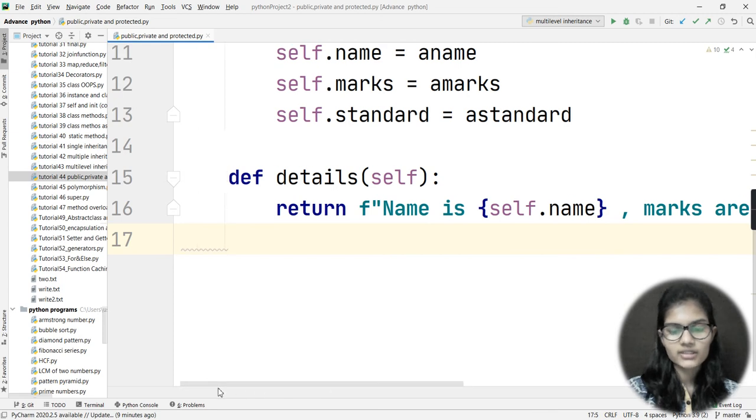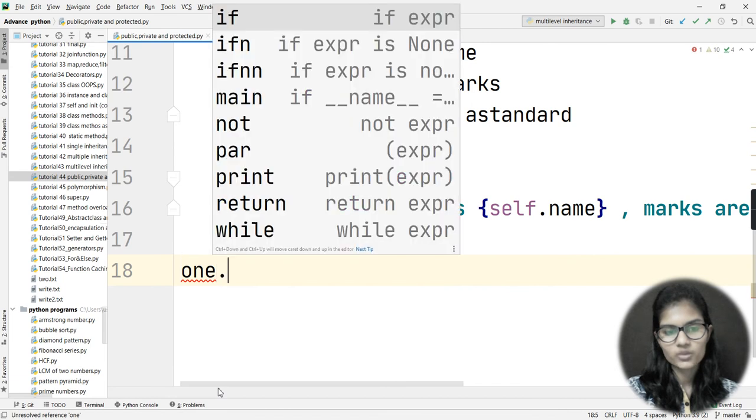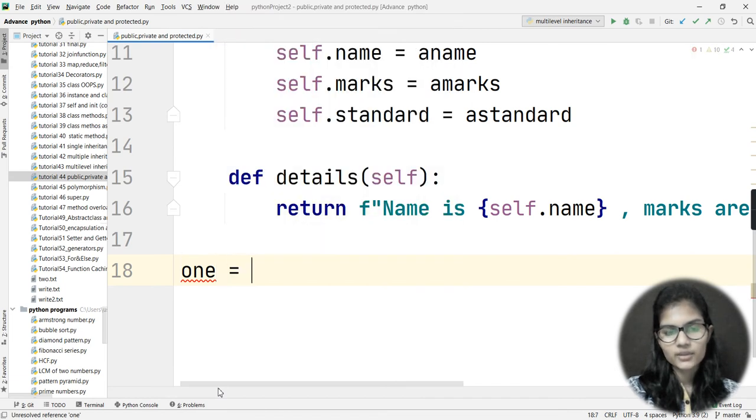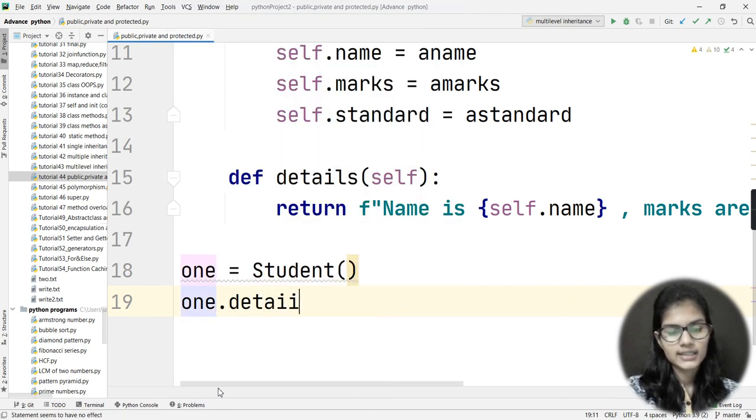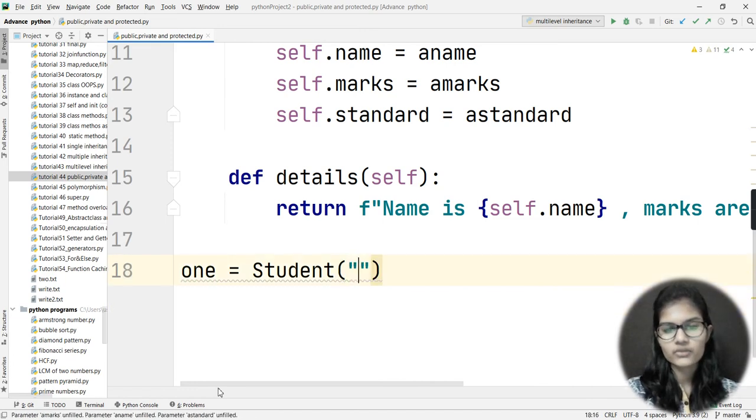So after this, my next step would be coming out of my function and making an object. Let's say my object is 1. Okay, so 1 is my object, so 1 is equal to, and let's say student was my class, so I just made this object for my student class, right? Now what I can do is that if I want to run 1.details, before that inside this student class as well, I would write the details whichever I want.